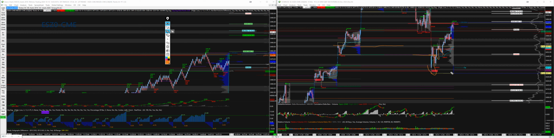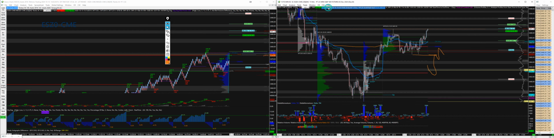We ended up with a 50-point range from 31 to 81, and we go back inside the previous day's range and tested the point of control. So a complete V bottom with the overnight session. Okay, so for today,